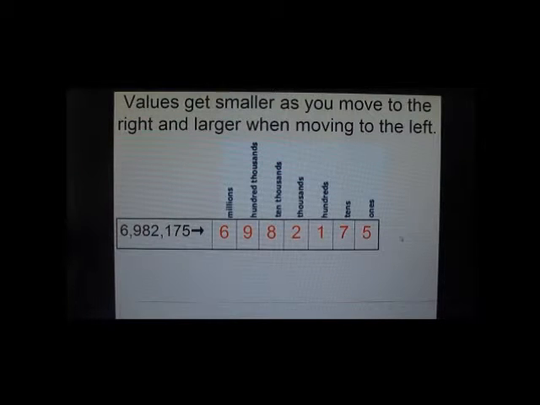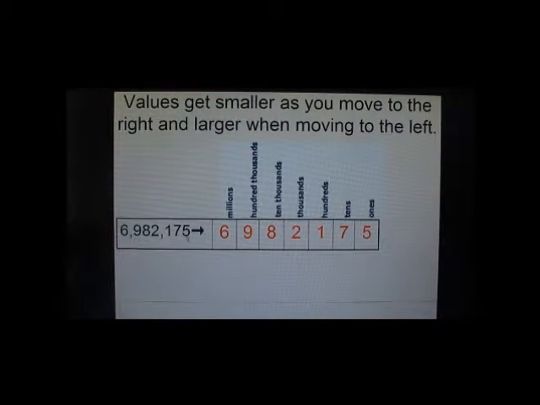Now the rule with our numbering system is as you move to the left, the groups get larger and larger. So I guess it would make sense that as we move to the right, the groups get smaller and smaller and smaller. 1 is the starting place. Without the number 1, nothing else makes any sense. So here is a number,